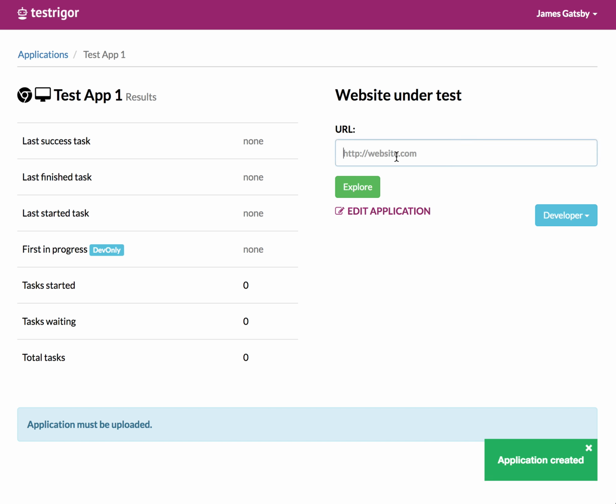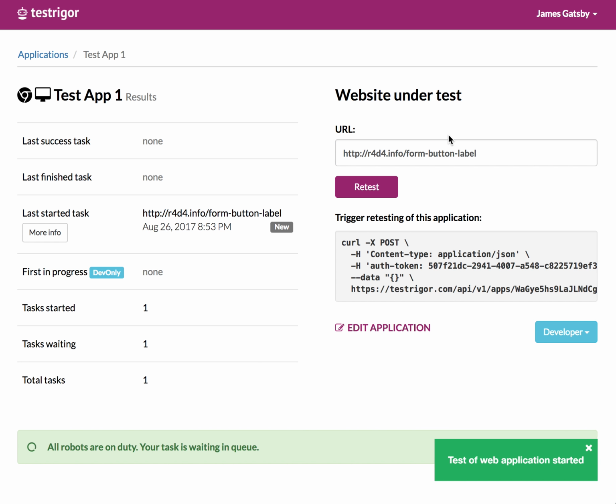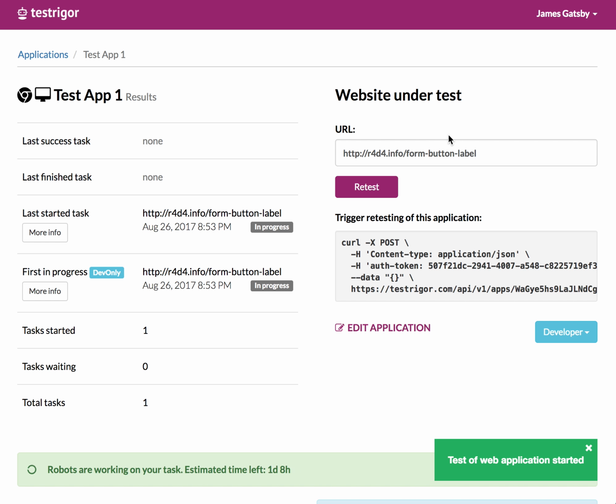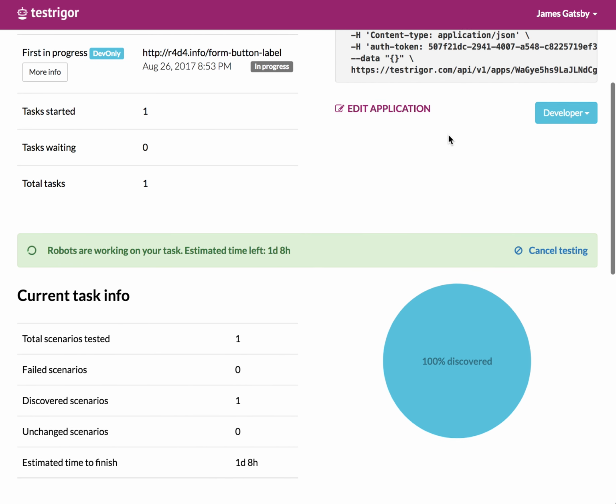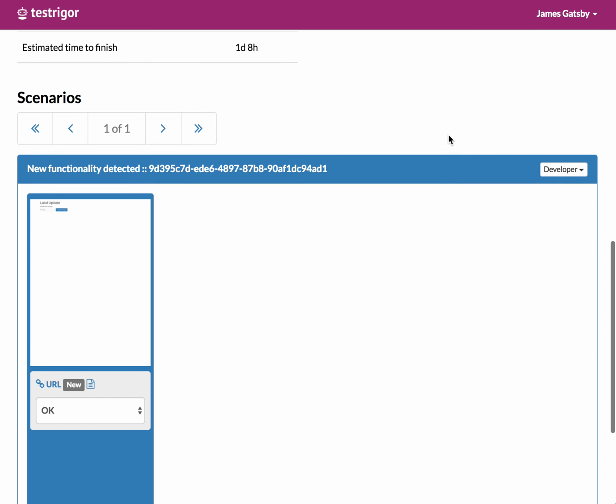Once you have created your application, you specify the URL for the website you want to test. We will be testing a website today. And then you click explore, and what it does is it will go through all web pages of your application, fill out all forms, and for each form it will